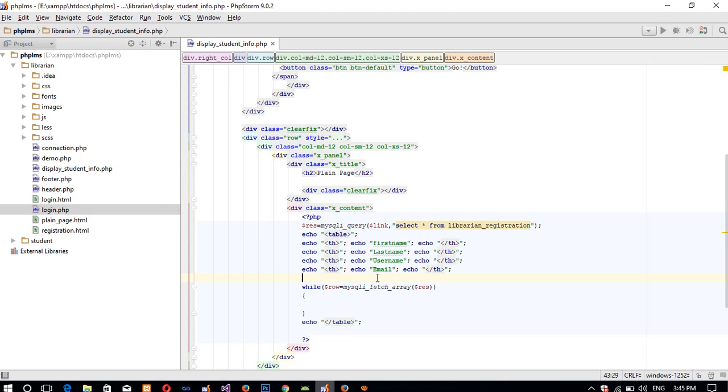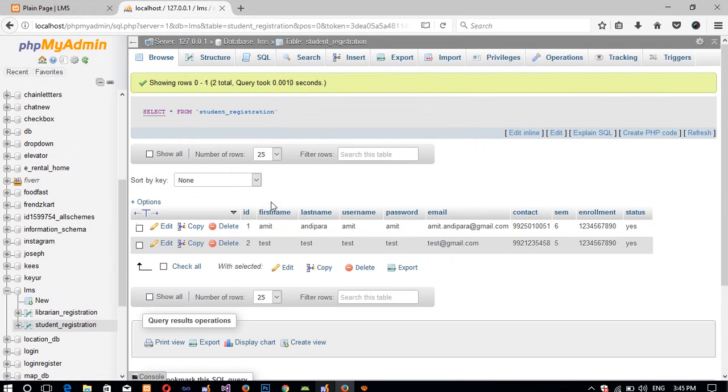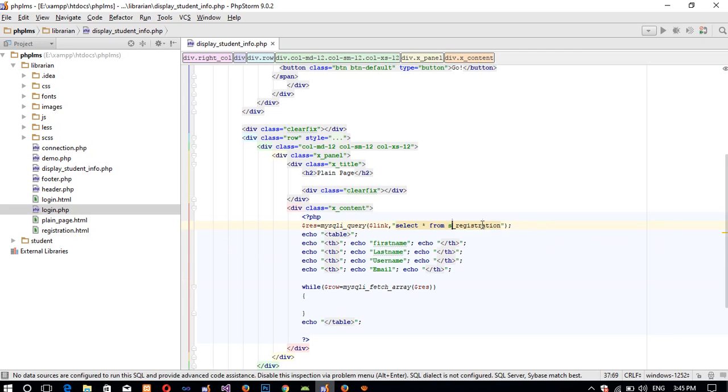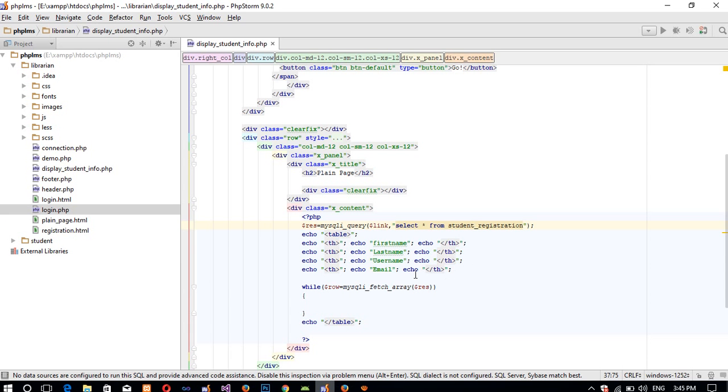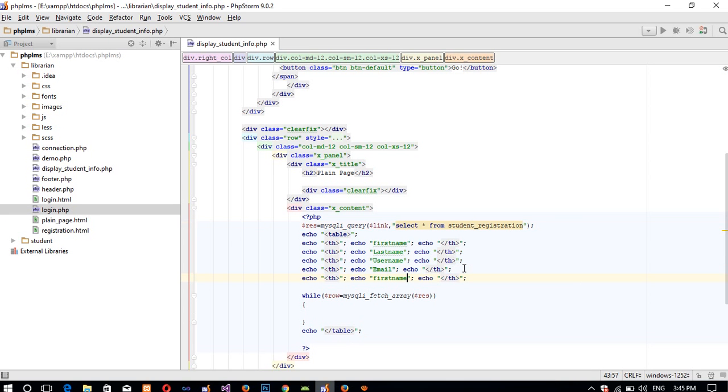oh yeah, we made one mistake, sorry, we need to display the student registration information. So sorry for that. So we need to pass student registration. Here also the same fields: first name, last name, username, email. Sometimes it happens. Contact, then the same, then enrollment number, otherwise we can write only enrollment. And now you need to display your status. So I am going to display your status,